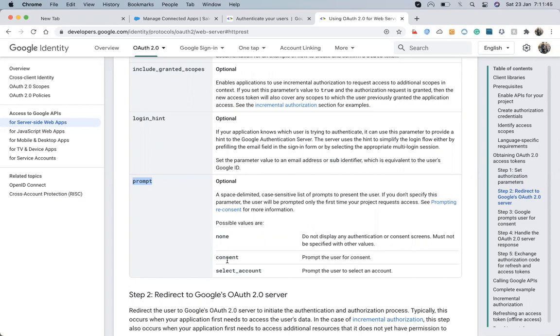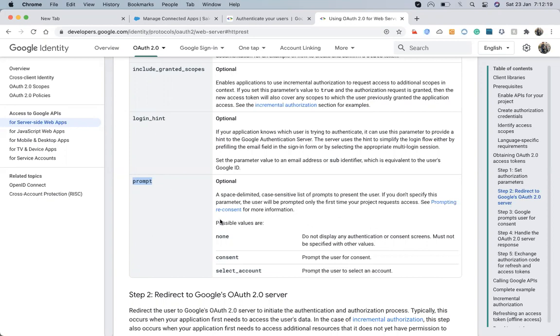Suppose we design an authentication process where the user clicks on the button, it opens that URL, the user enters the username and password and completes the authentication, and then the user comes back to the page and hits the button again.